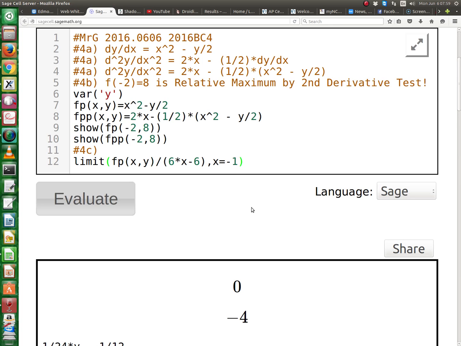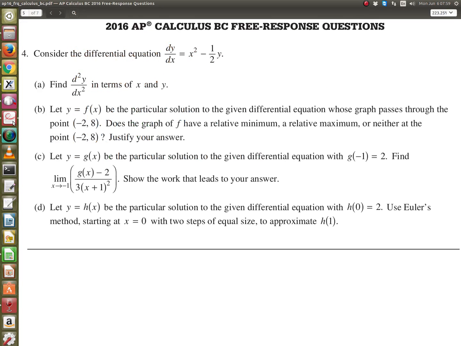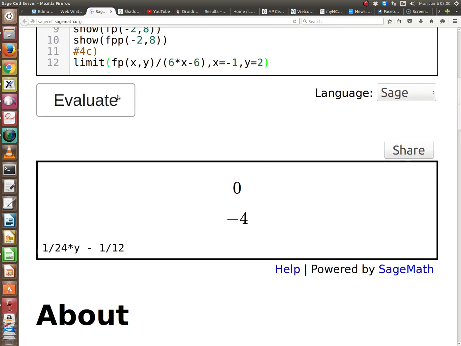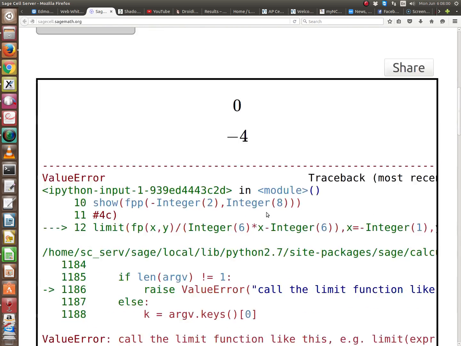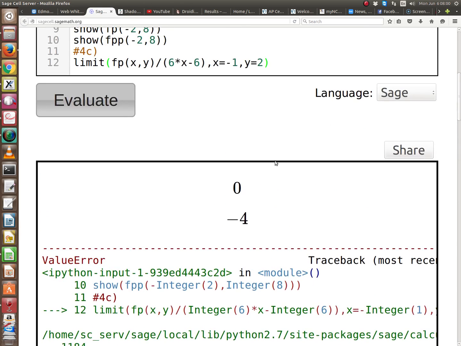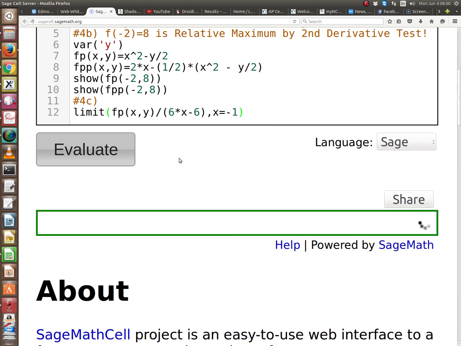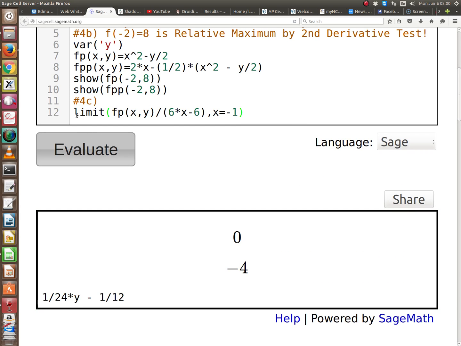Can I put two limits here? Y equals -2? Wait, was it -2? It's positive. No, I won't do that. Dang it. I don't want to get into multivariate stuff here yet. There's a problem, though. All right, well, let's see. What does it say? If I show that,